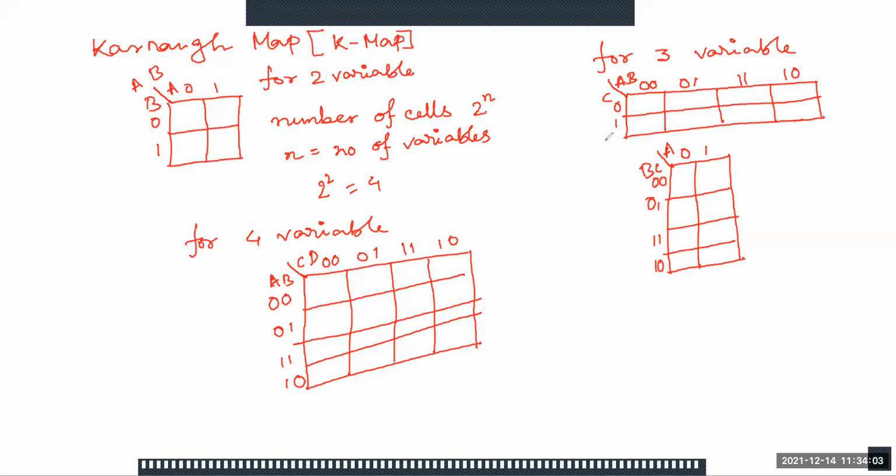But in your syllabus it is up to five variables, and we will see later how we will solve the five variable and the don't care. There is a concept about don't care. Till now, any doubt? No, sir.